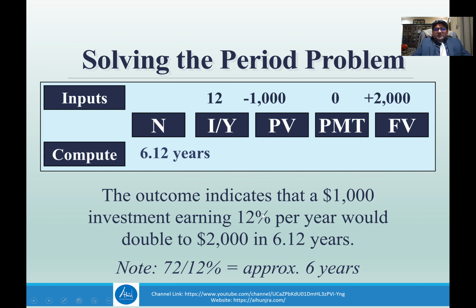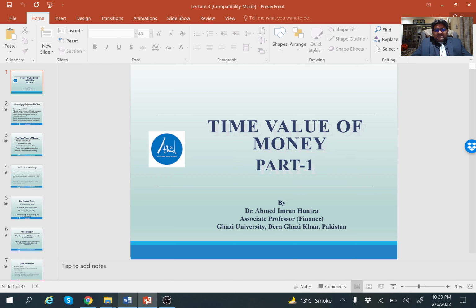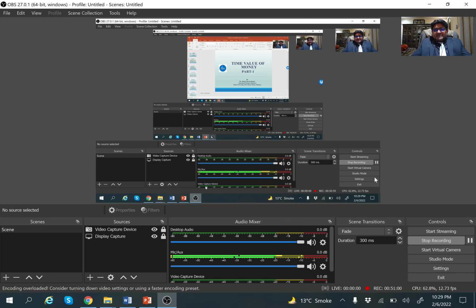So we can use the rule of 72 when the future value is double the present value, and we have to find the number of time periods. Then we can apply the rule of 72. So this was all about today's lecture, and our next lecture will be dealing